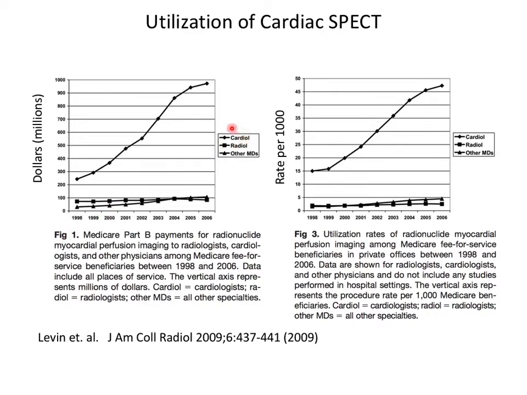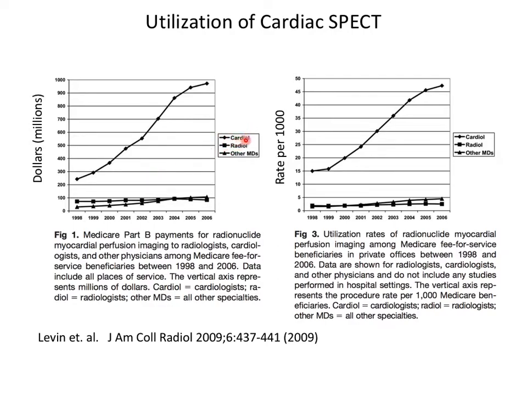So the dots on this graph here, first let's do the axes. This is the dollars in millions spent on obtaining these data in the healthcare system, and this is Medicare Part B payments, just Medicare, which is pretty average healthcare spending. Except it's obviously weighted towards old people, right? But anyway,